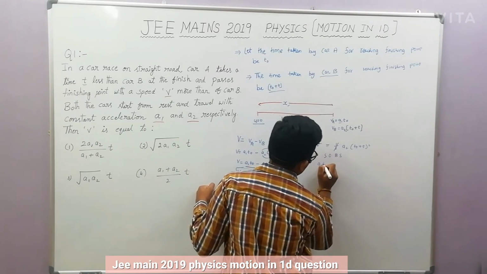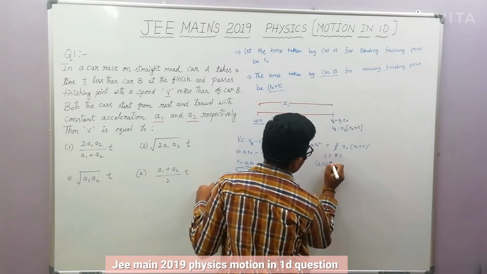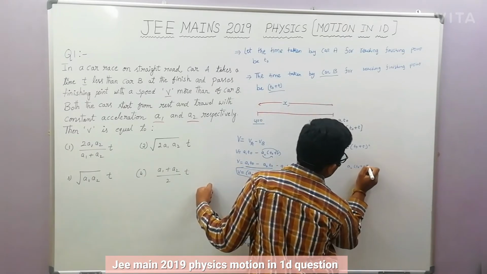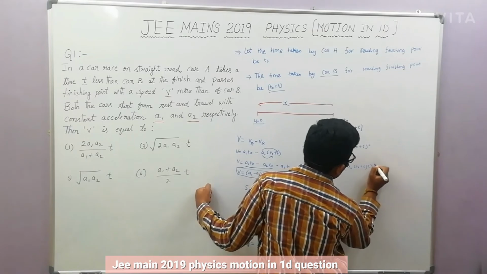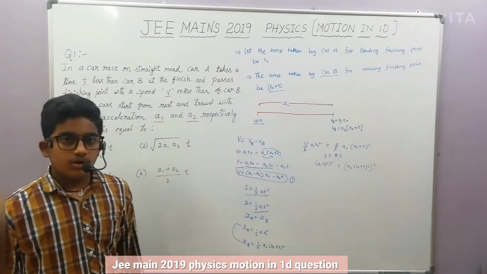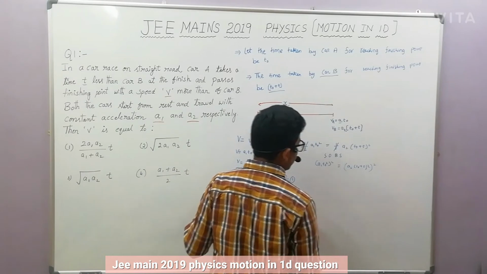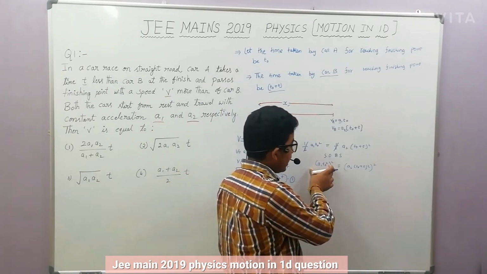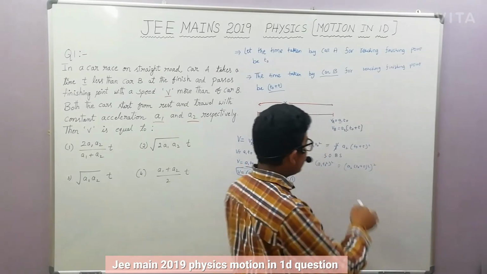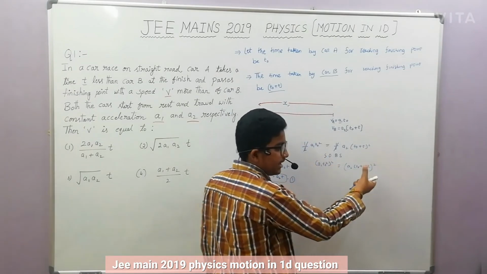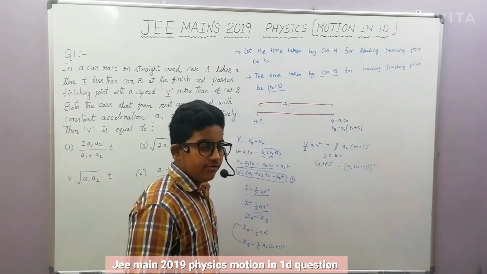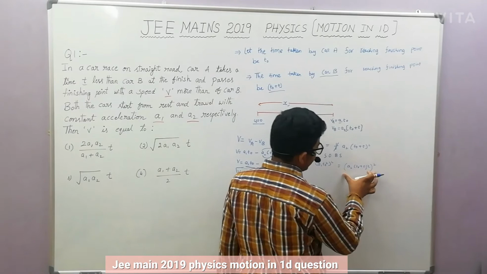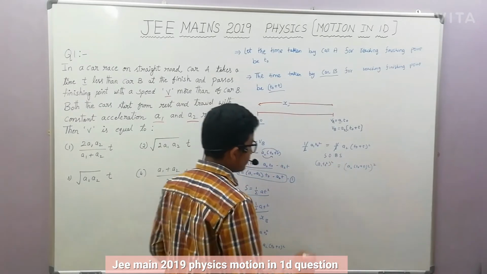We will get a1 t naught square whole square is equal to a2 into t naught plus t whole square, the whole square. Now, if we send the square to the other side, it will be in the form of a square root. Now